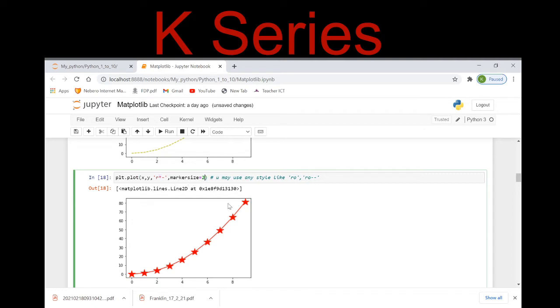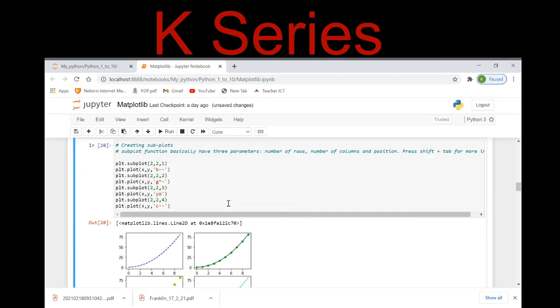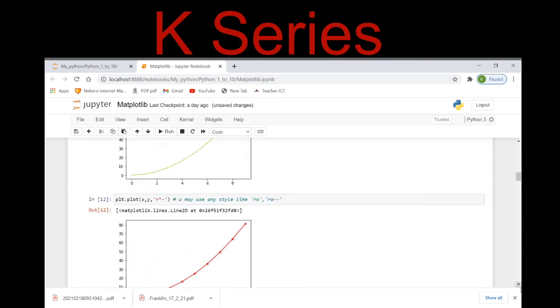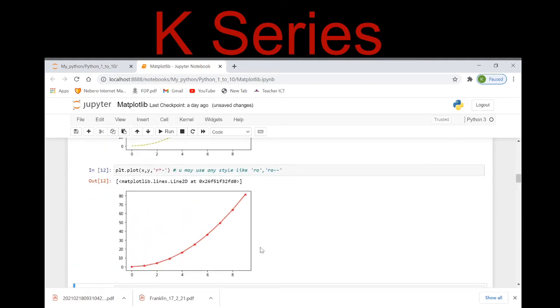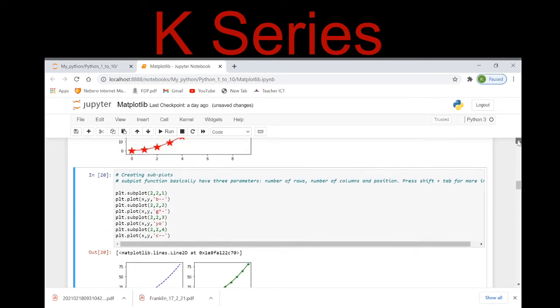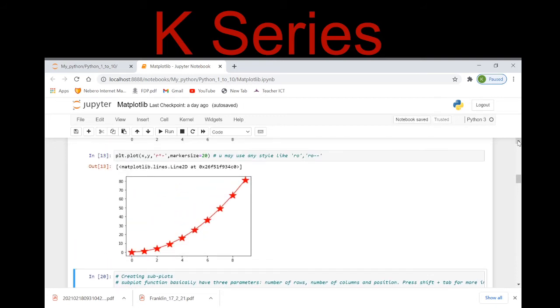Let me show you, if I don't give any marker size and I execute it, by default it takes marker size 10. Now if I raise the marker size to 20 and I execute it, the marker size has been raised.